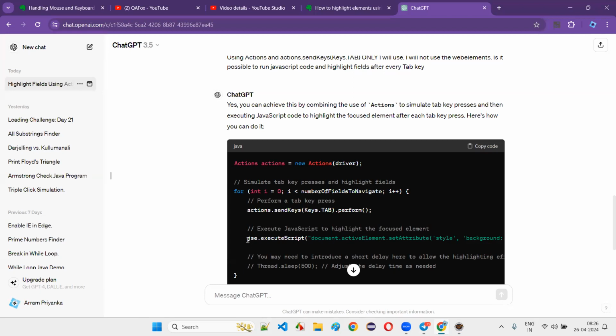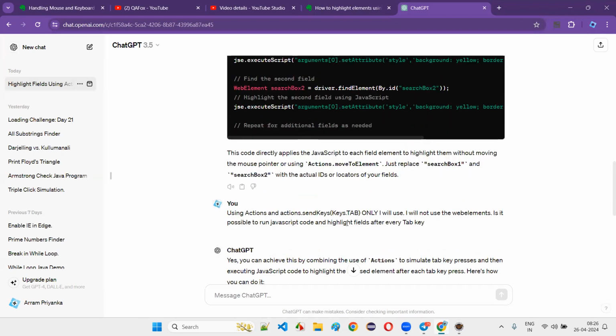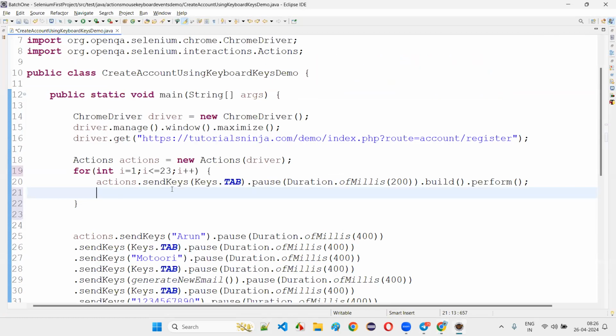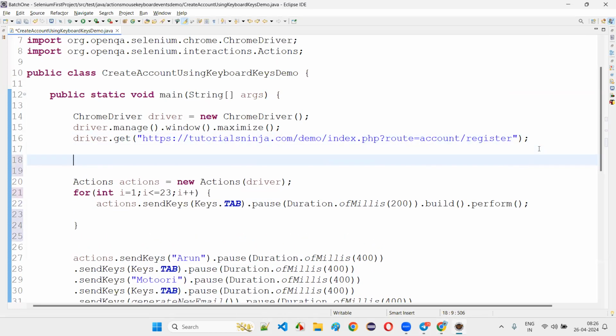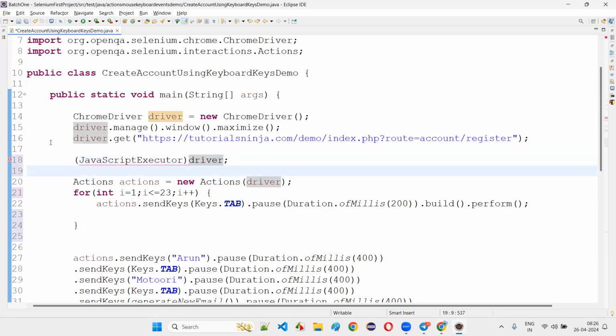Then here I'll write down driver comma driver. Let's try this out whether we can make this a JavascriptExecutor, JSC is equal to